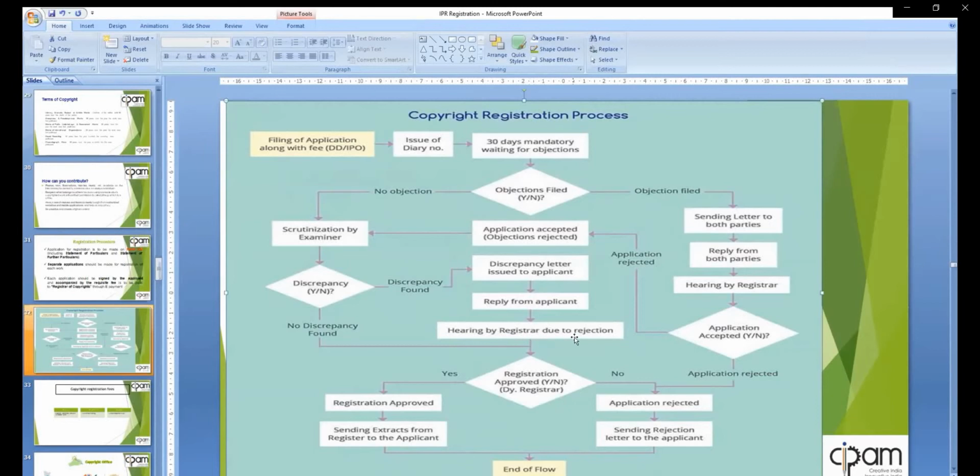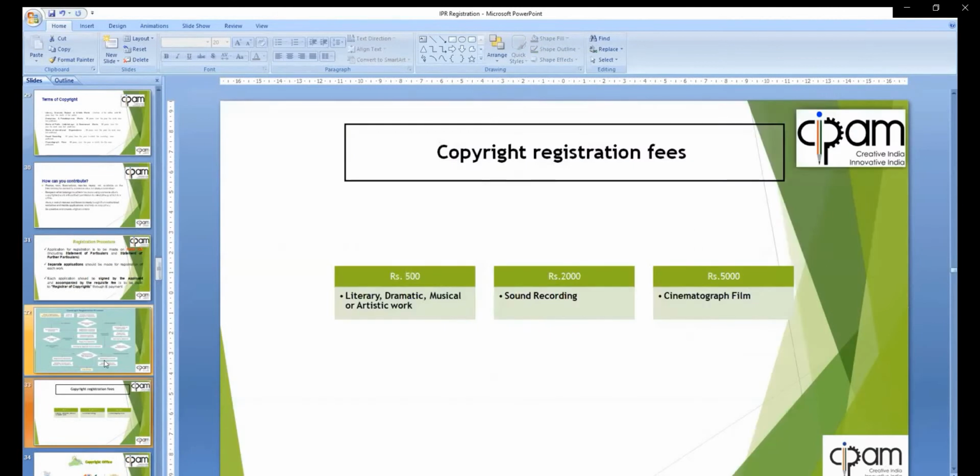There will be a hearing by the registrar, and based on it the application will be granted, accepted, or rejected. If the registration is approved, extracts are sent from the registrar to the applicant, and now the registration certificate is issued. So for copyright, the registration fee is 500 for literary, dramatic, musical work, and 2000 for sound recording,